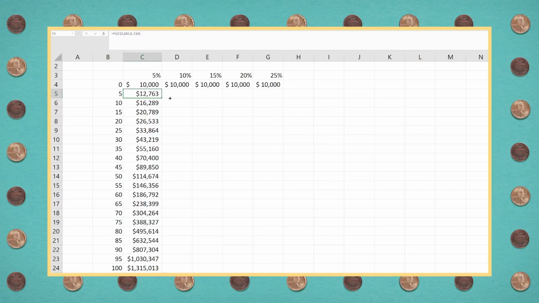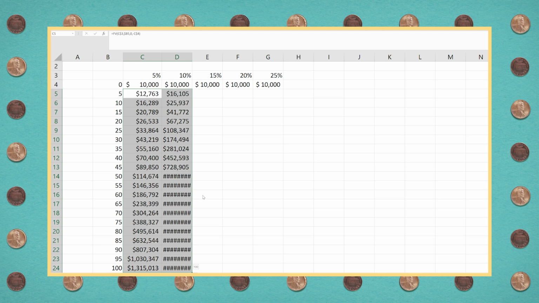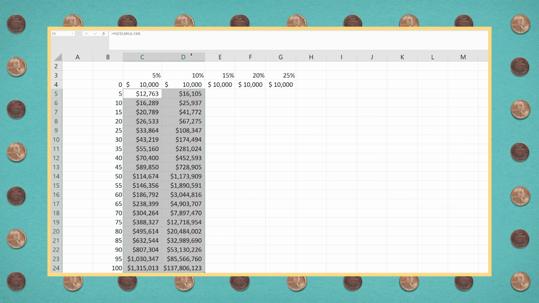Let's take a look and find out. We drag this to the right, and then we can go ahead and drag it down. We will see that at 10%, we have $137 million. This starts to let you know the power of compounding.